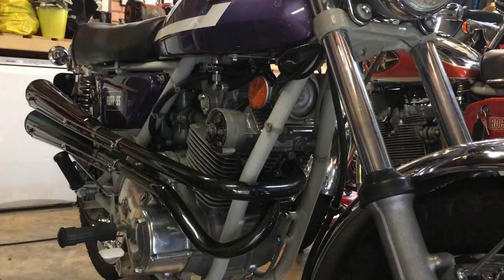But what I'll do in the meantime is we'll just gently take it off its stand. We'll get the points cover back on. I might do one or two little checks, for instance, with respect to the carbs. I can check the slide heights through the airbox, if you take the filter off the airbox, you can get your hand in there and push your fingers or other implements down